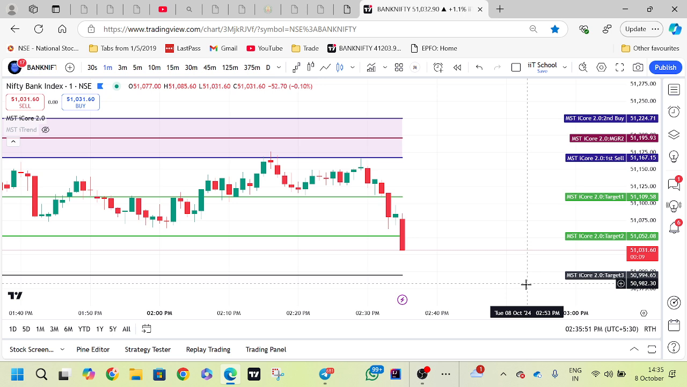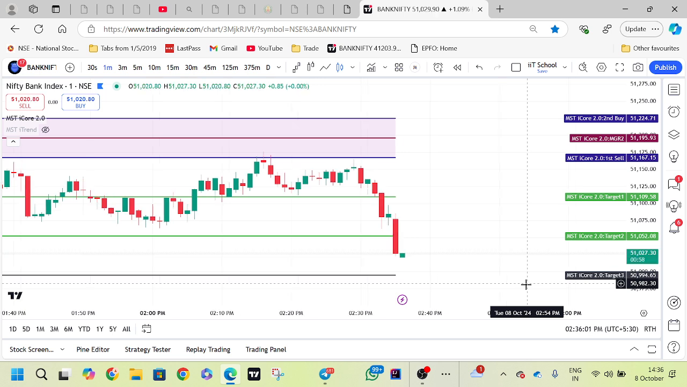We all know our MST iCore 2.0 is performing very well in all the markets. Not only in the morning session, it is working well in all the sessions. For example, if you are going to an office, you cannot trade in the morning at 9:15 a.m. when the market opens. For those people we have exclusively added one feature, called the known market feature for office